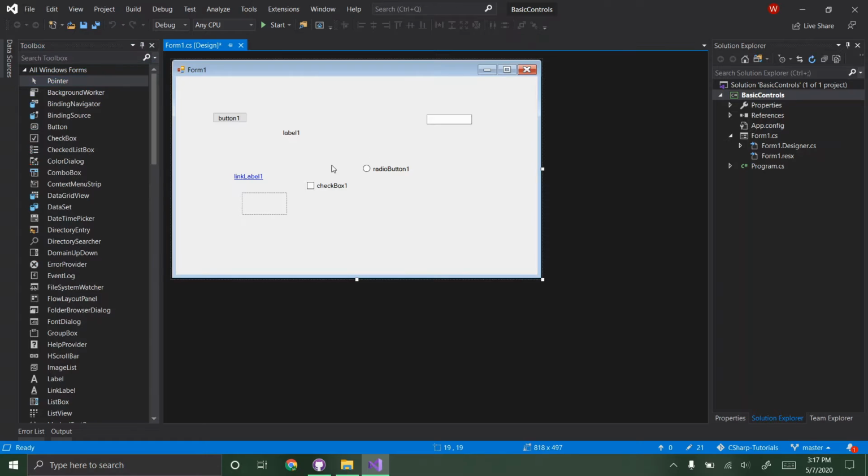And so we're actually going to want two radio buttons and two checkboxes because I'll be explaining that later. So